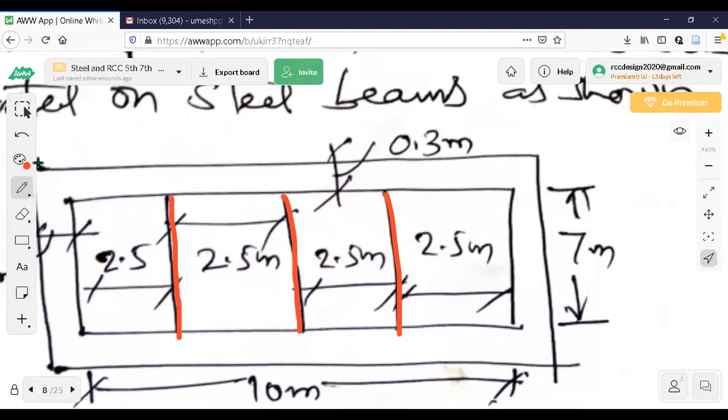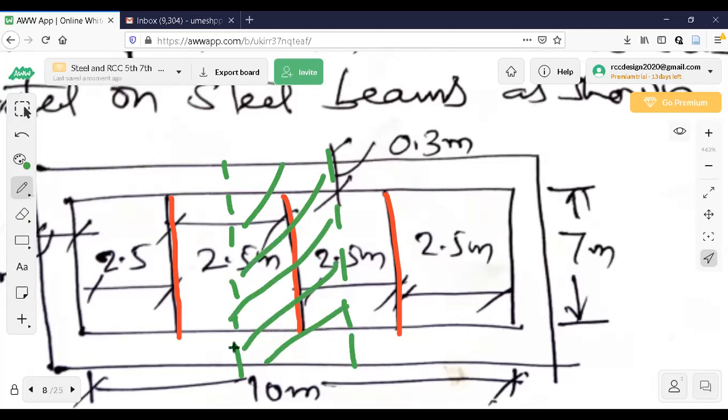This beam is supposed to carry the load coming from this part. Just observe this portion and this portion. Whatever is there in this area, this beam is responsible for this much load coming on the slab, dead load of the slab, as well as whatever live load comes on this area, that will be transferred to this beam. In this way, we have to decide.